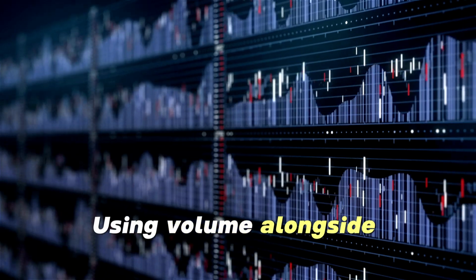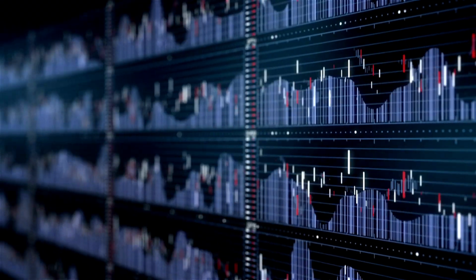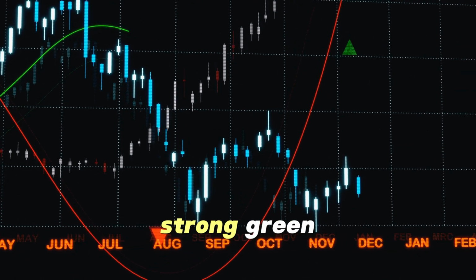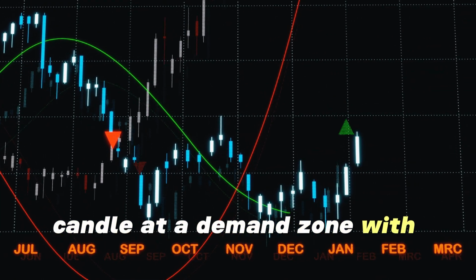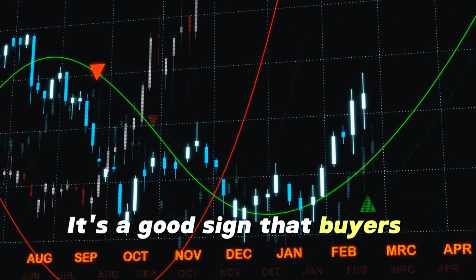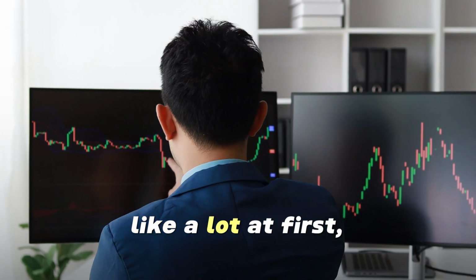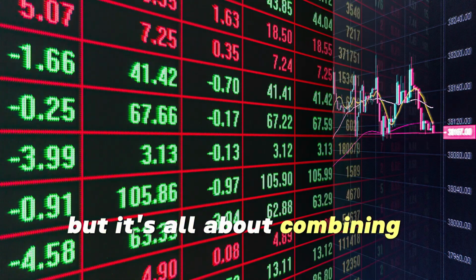Using volume alongside candlestick patterns and other tools gives you more confidence in your trades. For example, if you see a strong green candle at a demand zone with high volume, it's a good sign that buyers are stepping in. Technical analysis might seem like a lot at first, but it's all about combining simple tools